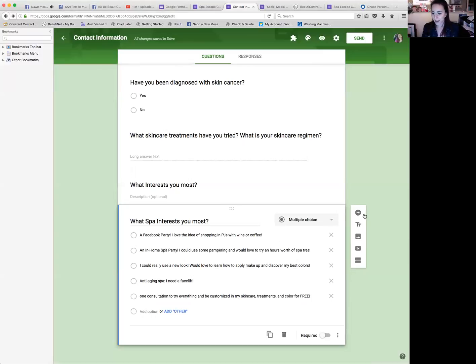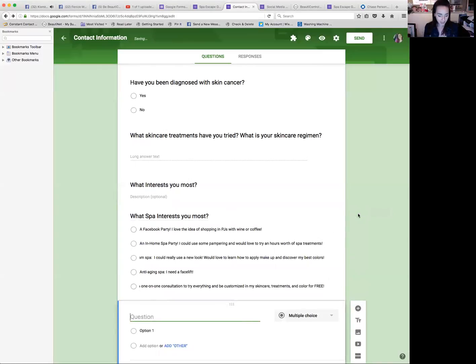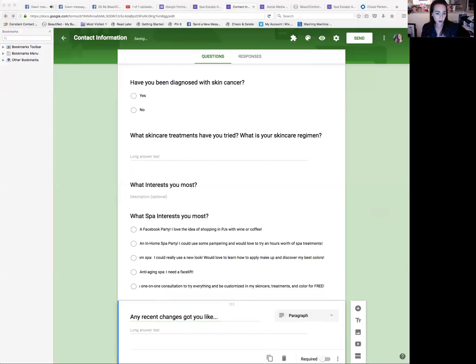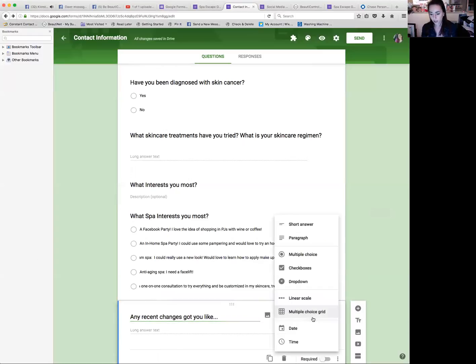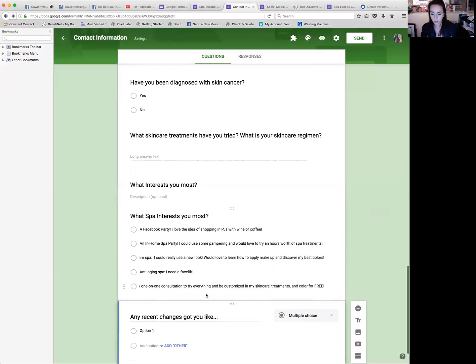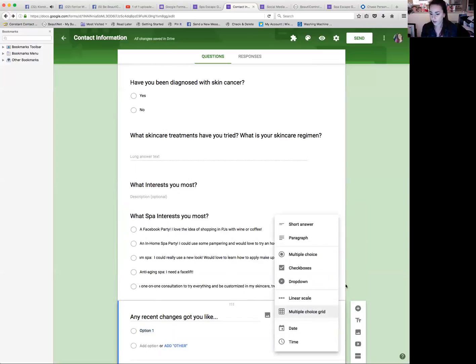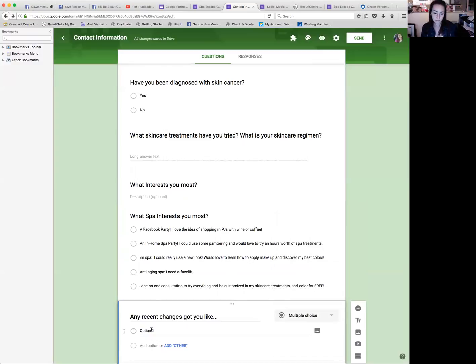All right. So the next one you're going to do is any recent changes got you like... This is where your recruiting question comes in. So I want this to be a multiple answer. You see that if you click this little bar down, you can pick what you want your answer to be, but I want it to be multiple choice.